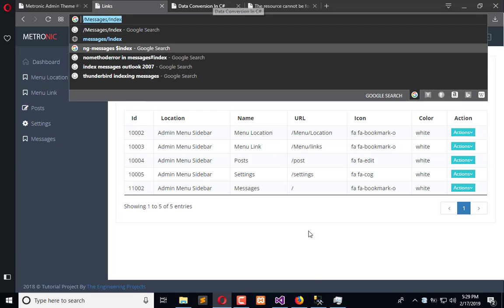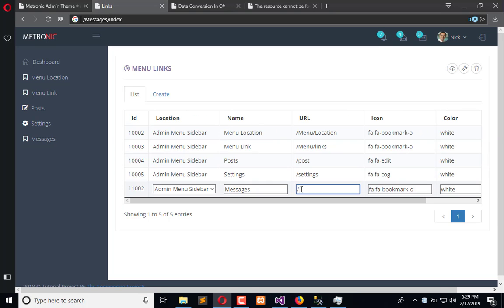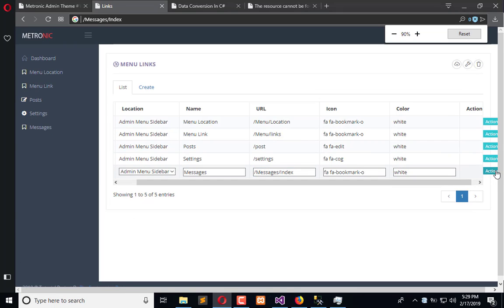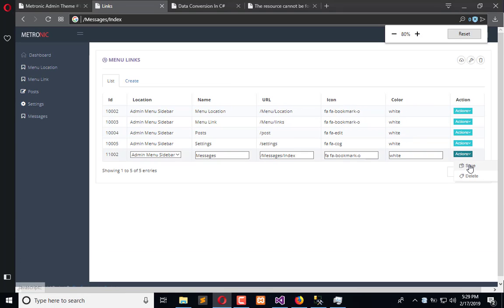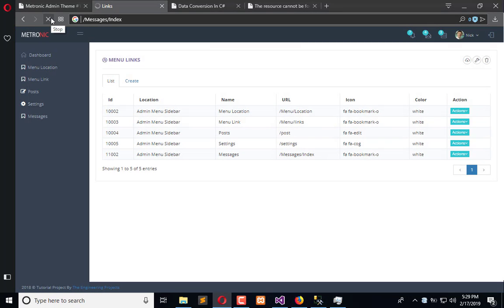So this is the path which we need to implement. Add it and save. So now it is saved,